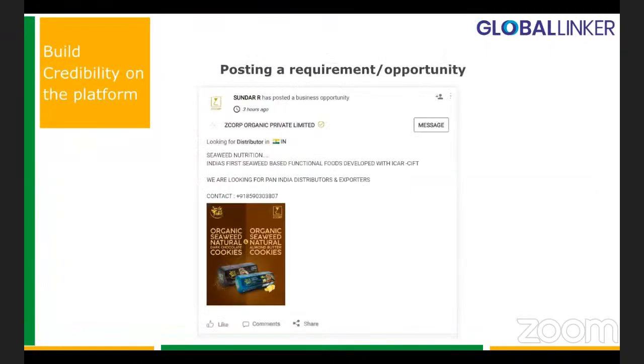Now, while the platform does its work of getting you noticed, getting you searched and making sure that you come up in the right places, it's also important for you to do certain other activities which the platform would give you. Ideally, such platforms also give you an opportunity to interact with other businesses. You can do that by announcing to other businesses. You can put a post, a requirement, an opportunity, and just add your requirements over here. So by posting that, you're going out there, announcing about yourself and your business.